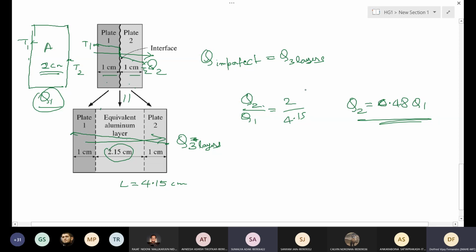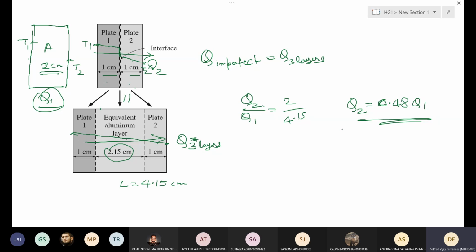Yes, sir. So you got it right, because if you consider the contact resistance, the actual heat transfer is less. When we have a multi-layered wall, the actual heat transfer will be less than the one we obtain using perfect thermal contact. Understand that? The rate of heat transfer obtained using perfect thermal contact is higher than when we assume imperfect thermal contact. Generally we neglect that because we will be on the safer side.